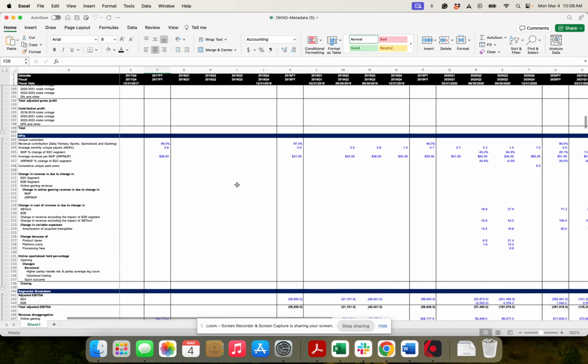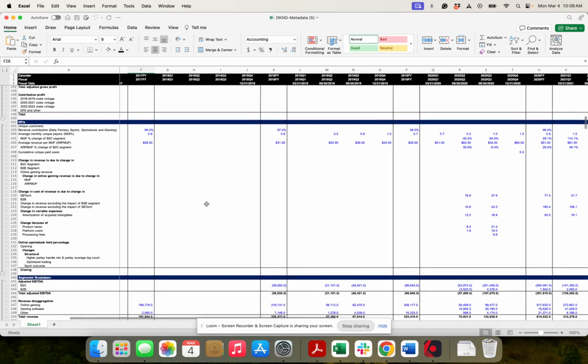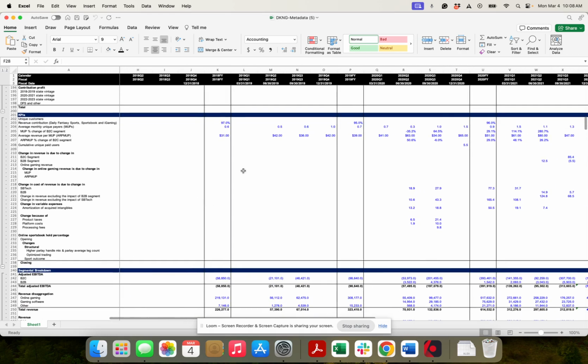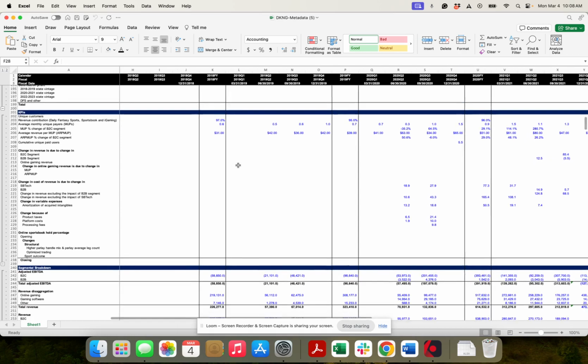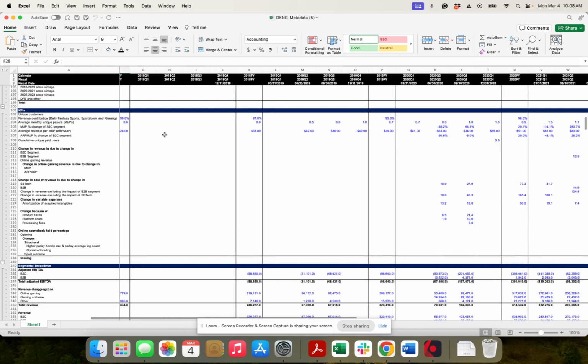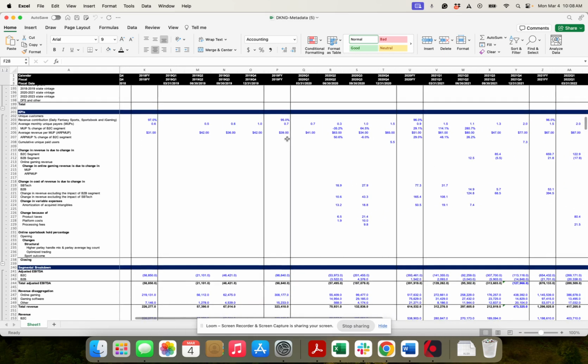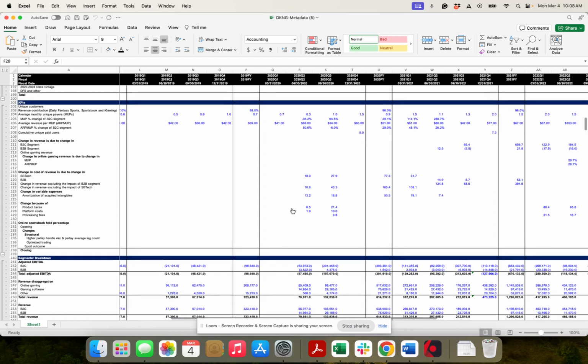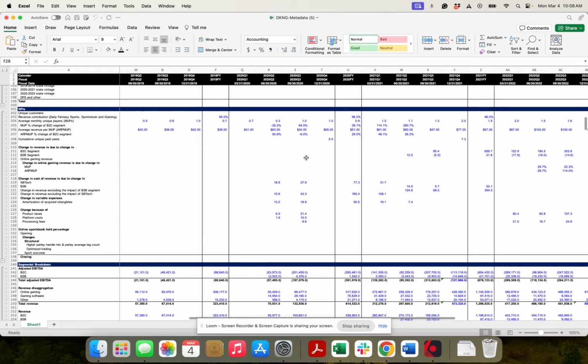And if I scroll down just a little bit, the thing that I really like, and this is something you would want to use if you were just coming up to initiate coverage on a company, build a model, is it gives you all the detailed information going all the way back from when they disclosed it. DraftKings only started disclosing this in 2018 and 2019. It's important to note you can see which metrics started being disclosed and when, and then also which metrics stopped being disclosed and when, which you can draw some insight into.